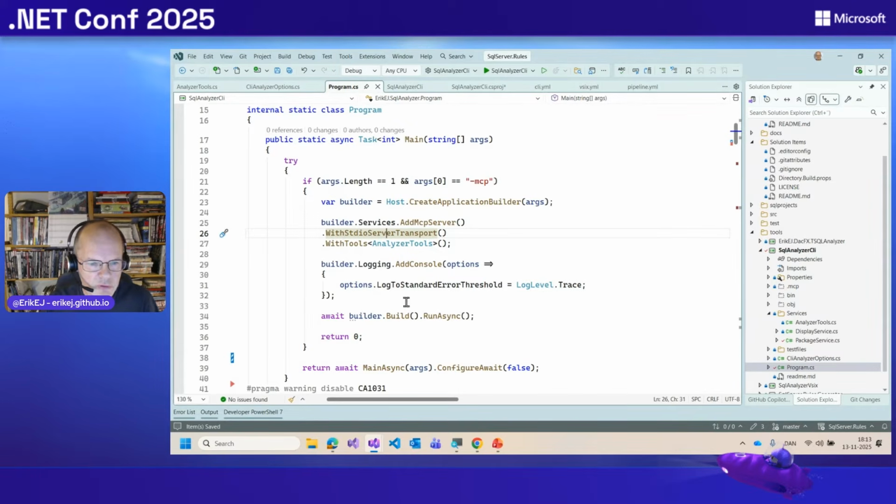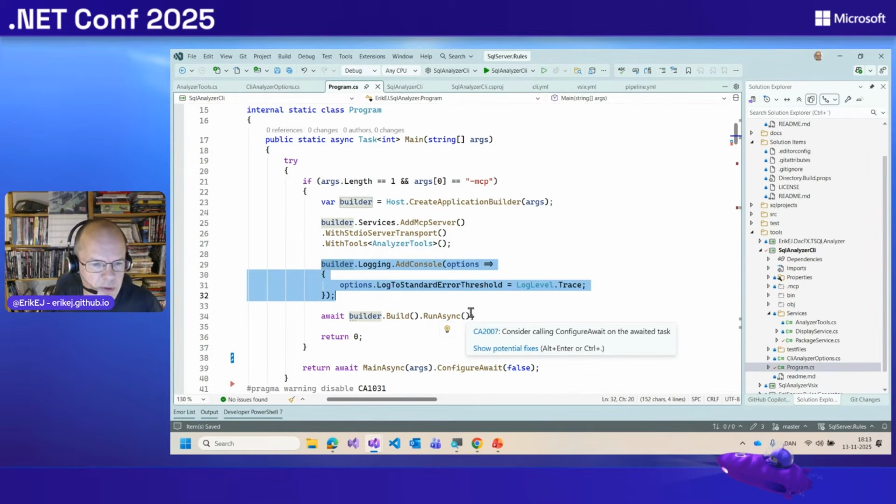An important thing to notice is that you should make sure that you're not accidentally outputting stuff to the console that could be confusing to the MCP server. That's why it was suggested by the example I used to only add trace level errors to the console, so it doesn't get polluted with error messages.